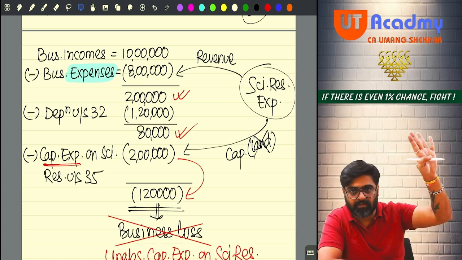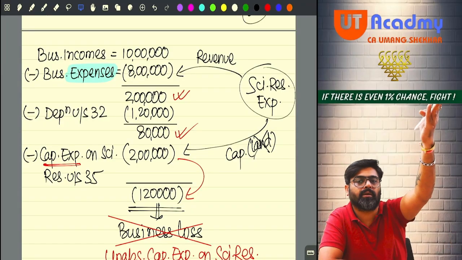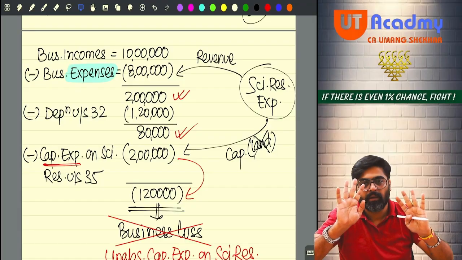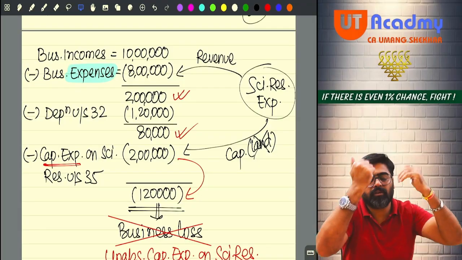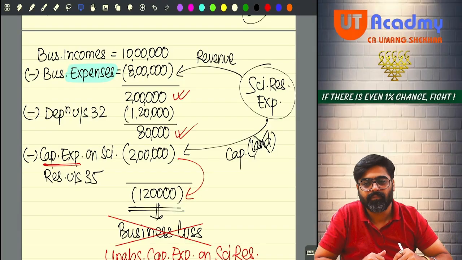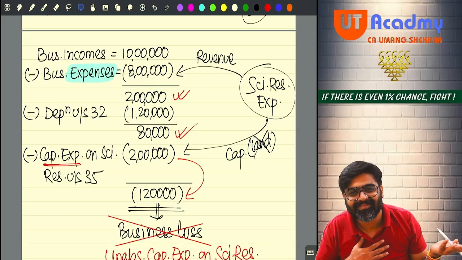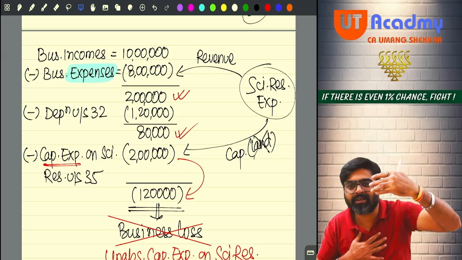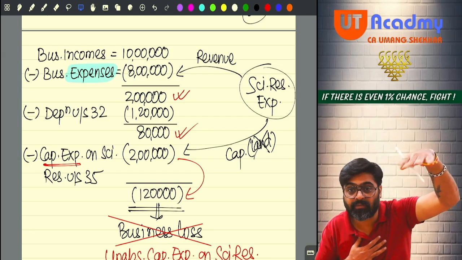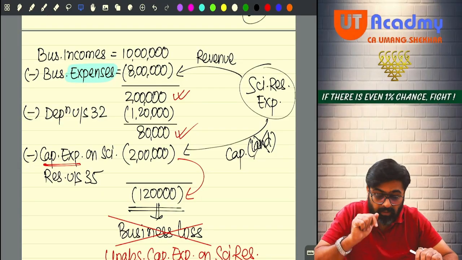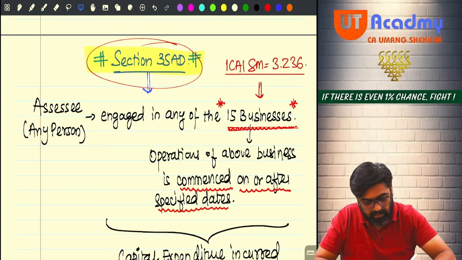If you have any other specified business, we were not expecting that the other specified business is going to give you profit. And if profit is coming, and this loss is adjusted against that profit, anyway we were not expecting that profit to come. Take the set off from any other specified business profit, but not against any other business profits. Yes or no? Now wait, what will happen here, you know? Now I'll tell you.